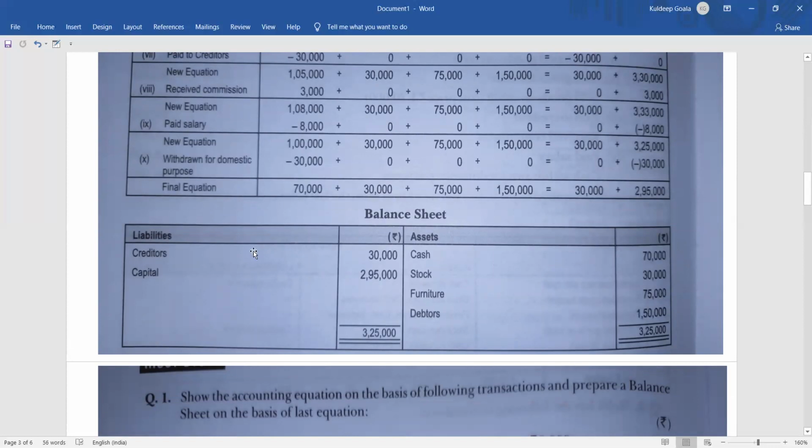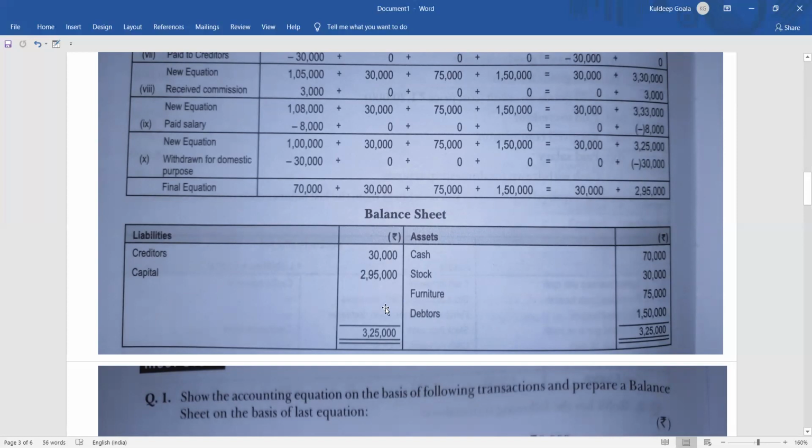Okay, so now in a balance sheet, what will you do? You can see cash 70,000 is there, so cash 70,000, you write it down. Then you just make it a column. Okay, like two sides will be there. There's no debit and credit here, it's a statement. That is why it is not treated as an account, and we don't write debit and credit, it is a statement. Okay, so one side we will write liabilities, on the other side will be assets. So let's write the asset first. 70,000 of cash will come here, then 30,000 of stock, then 75,000 of furniture, then 1,50,000 of debtors also will come here, right? And in this side, liabilities of 30,000 will be there, that is creditor 30,000 and 2,95,000 of capital.